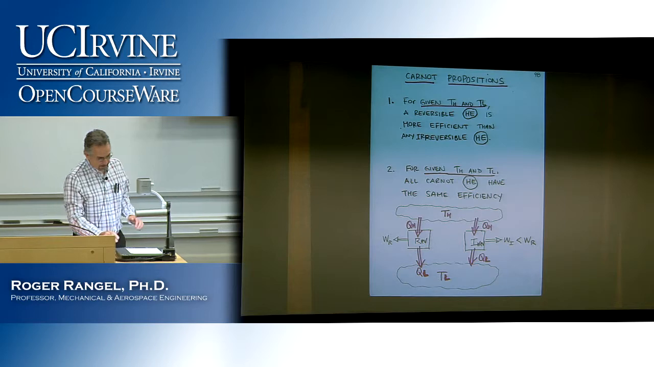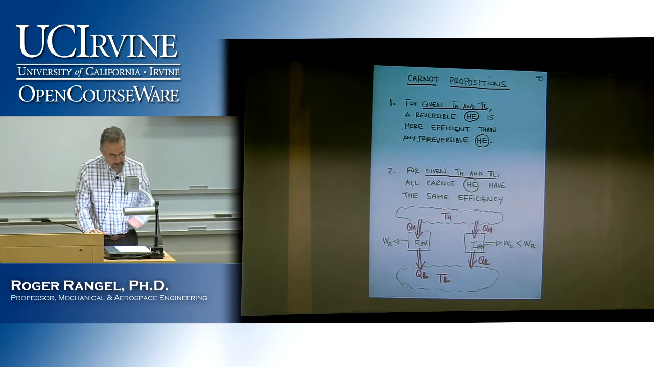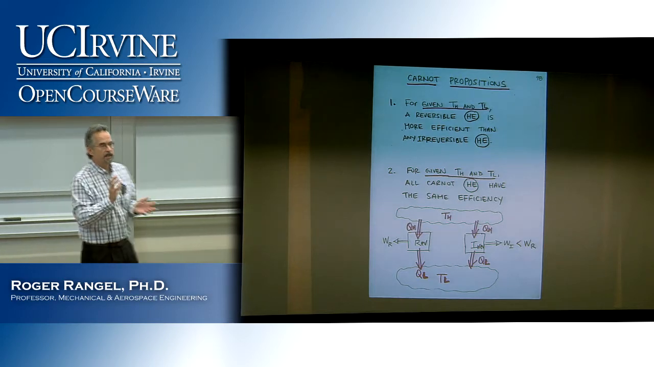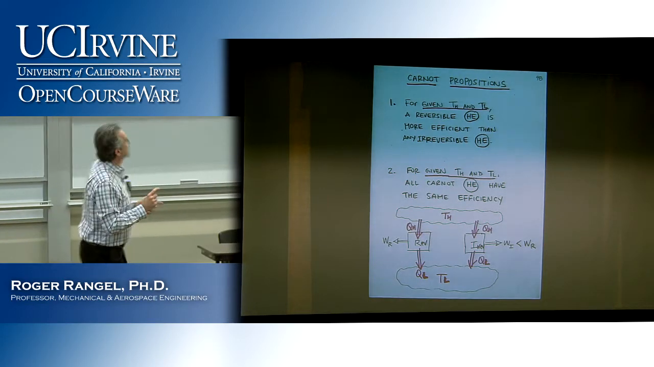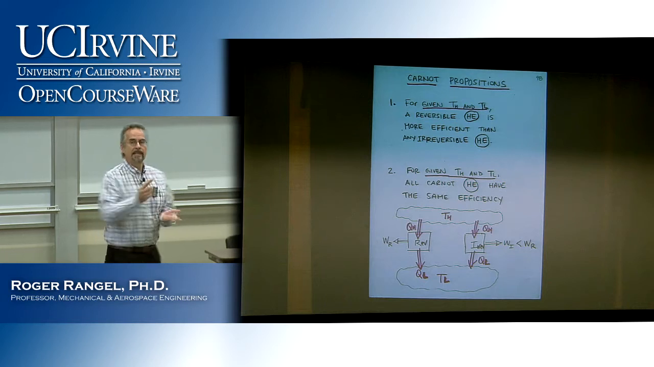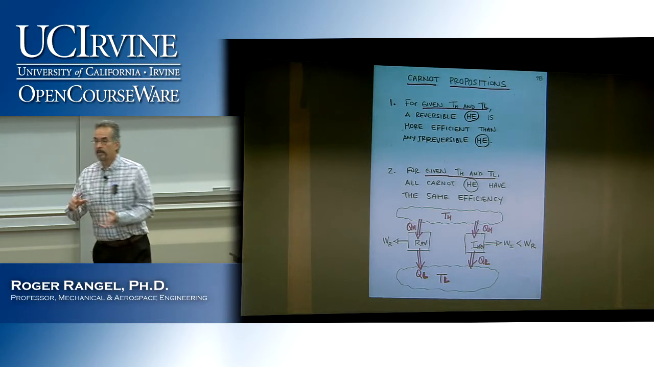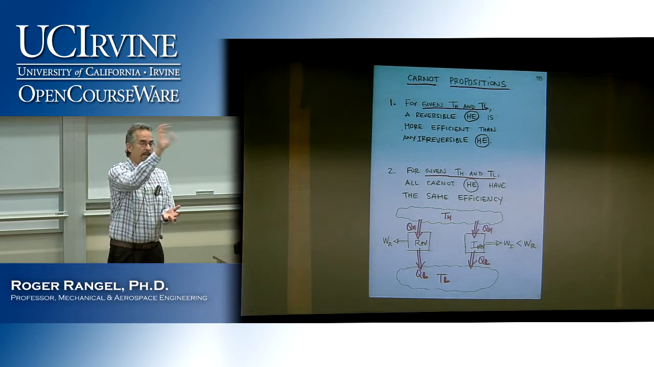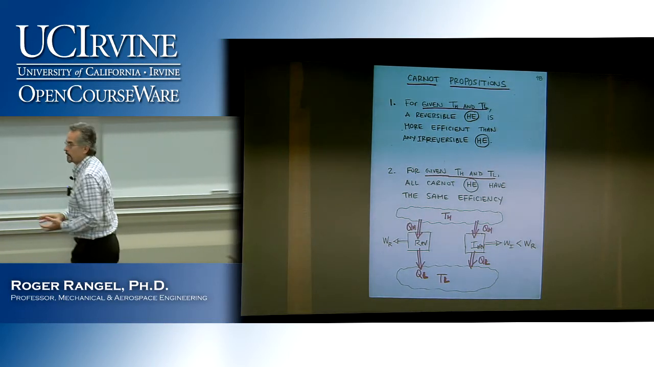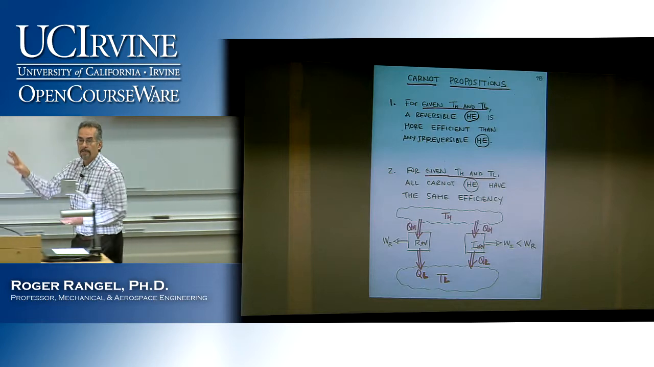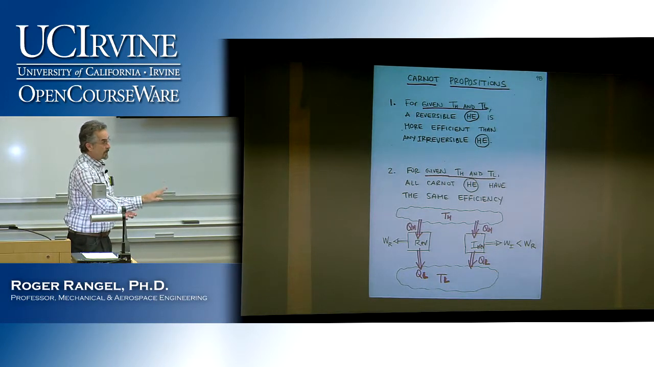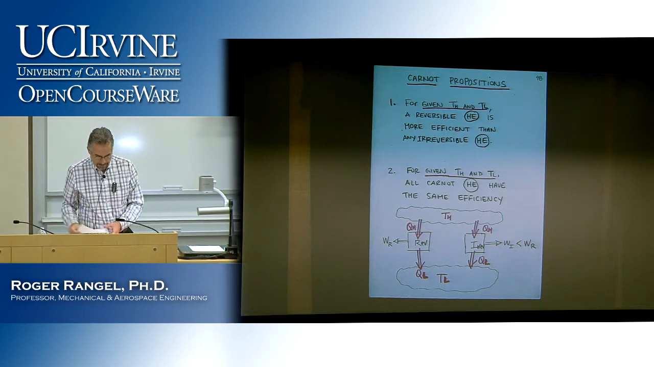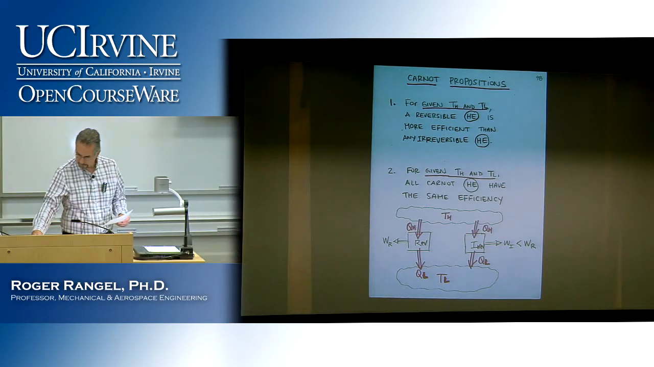So these two propositions actually tell us something, because essentially what it is saying in an indirect way is that the efficiency of a Carnot cycle depends only on the temperatures. Because if you fix the high temperature and you fix the low temperature, then the efficiency of the Carnot cycle is set and is the highest that it can be. So if you think about that, and you think about the efficiency then,